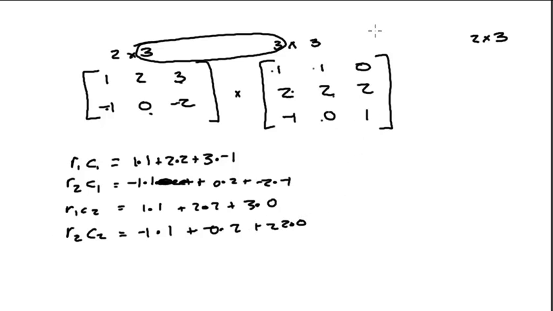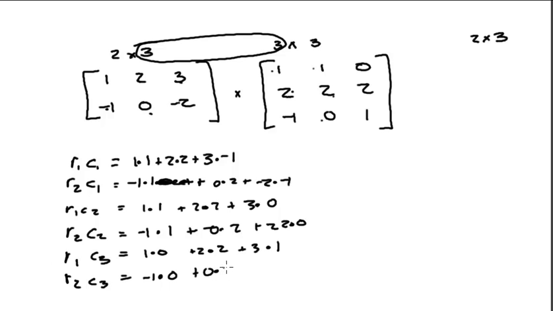Now I still have my third column to deal with. So row 1 times column 3 will be 1 times 0 plus 2 times 2 plus 3 times 1. And then row 2, column 3 will be negative 1 times 0 plus 0 times 2 plus negative 2 times 1,